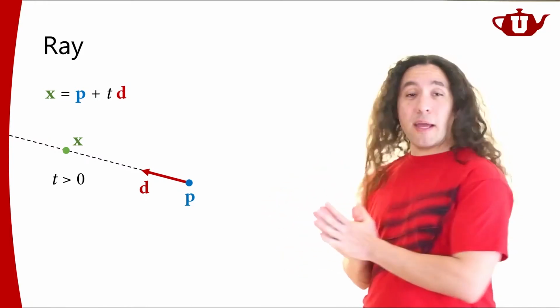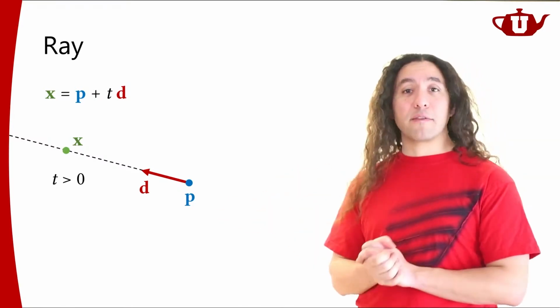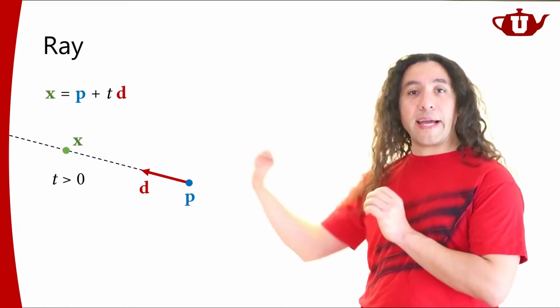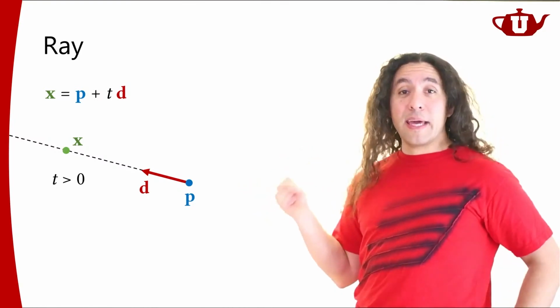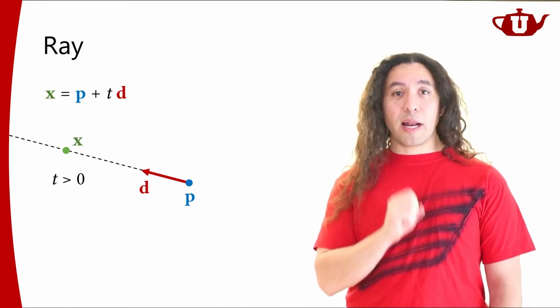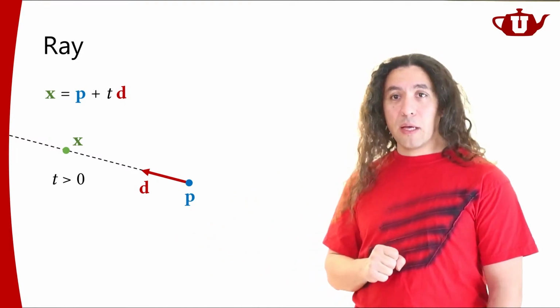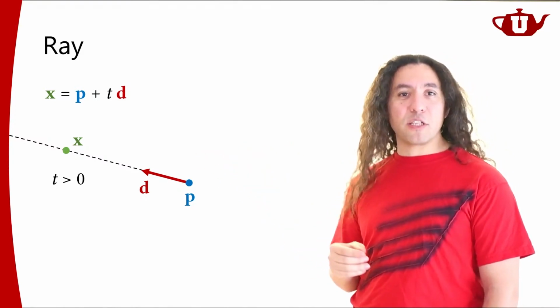I'm going to take this ray, generated from my camera going through a sample on my screen, and check if it intersects with any of the objects in my scene, right? That's what I'm going to use this ray for. So the next thing to look at, now that we have a proper definition of what a ray is,